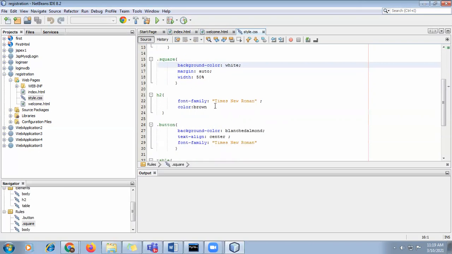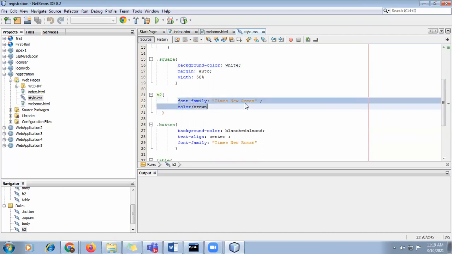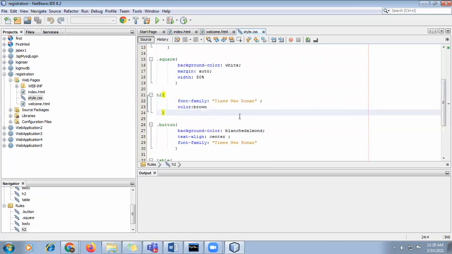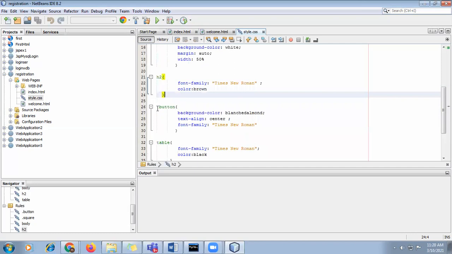In the same way, this is a simple selector for the H2 tag, to which we apply this style. Font family is Times New Roman and the color of the font is brown. Now for the button class, this is a class selector. For the button class, we are setting the background color as this and the text alignment is center, and font family is Times New Roman.